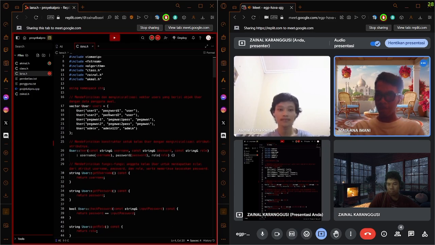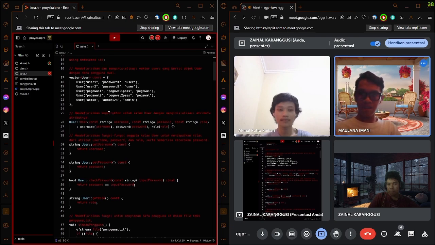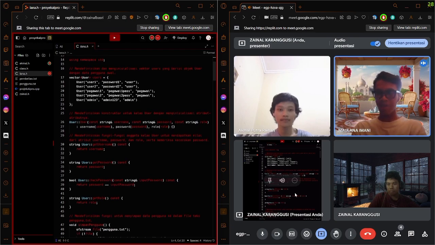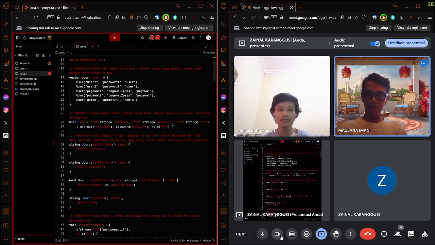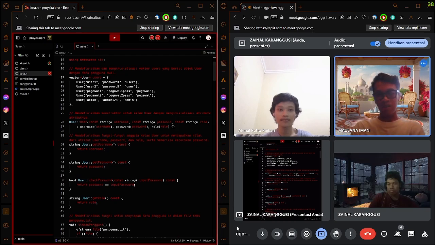The using namespace std directive allows the use of standard library features without prefixing them with std. Second, user vector initialization. A vector of users is initialized with some predefined user data.